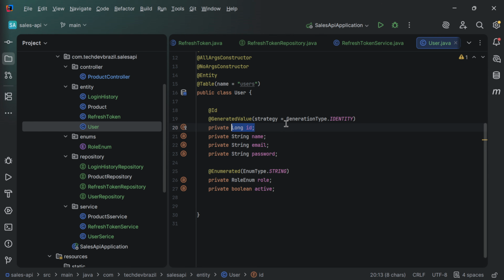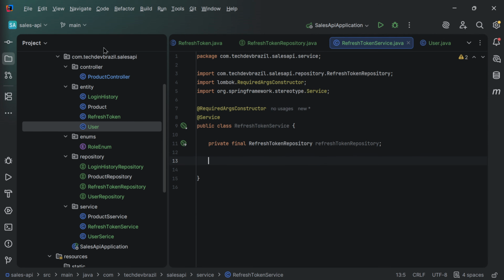So when you're on an editing page for the user, it's hard for someone to try to change the digit and locate a different user. Okay, so now let's get back to our refresh token service here. I'm also going to get a few pieces of information here, because it will help us to understand a few things. So the first thing we need to do here is understand that when we're creating a refresh token, we